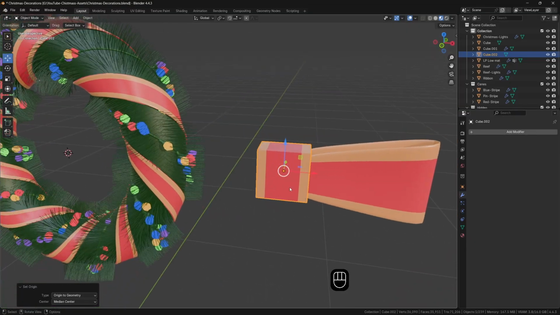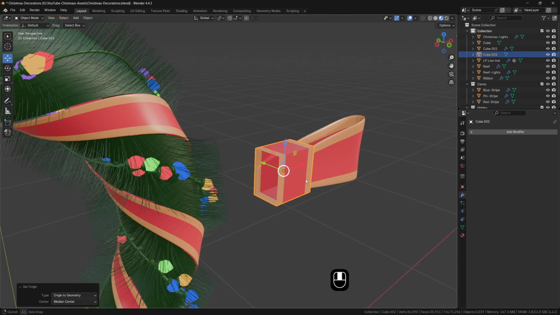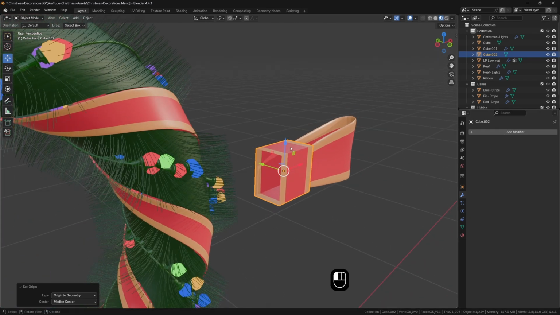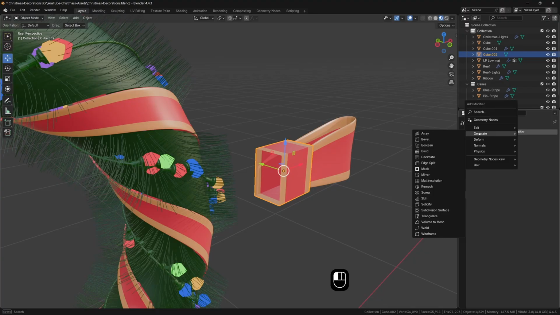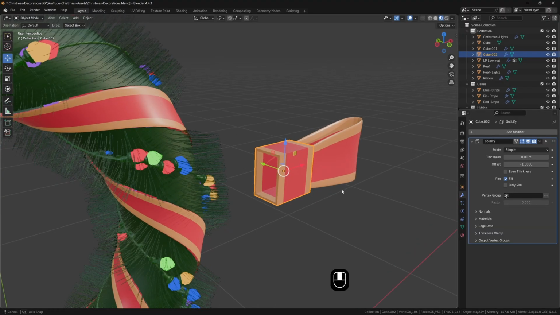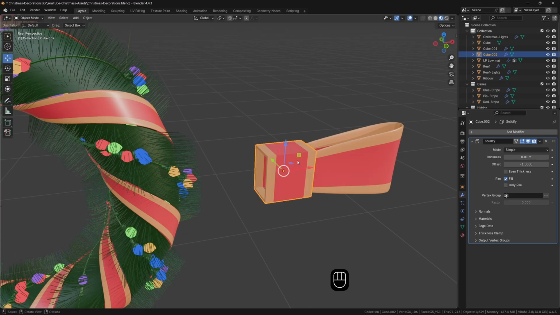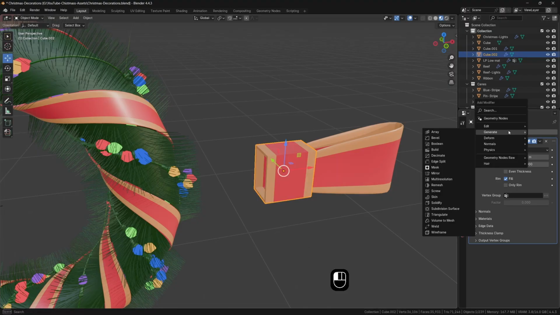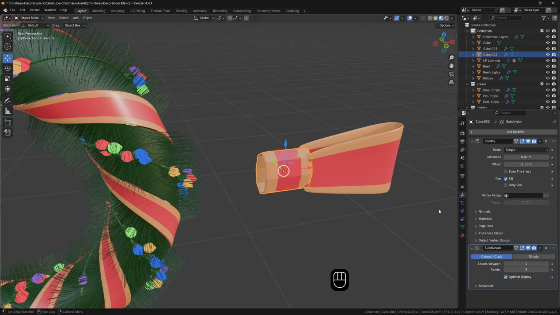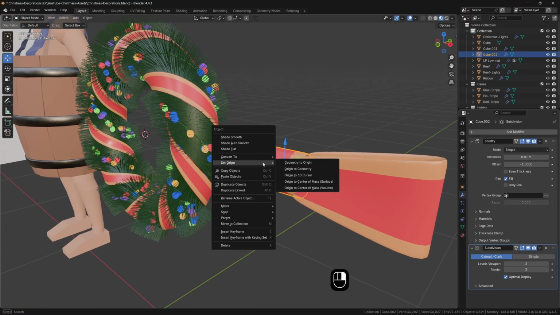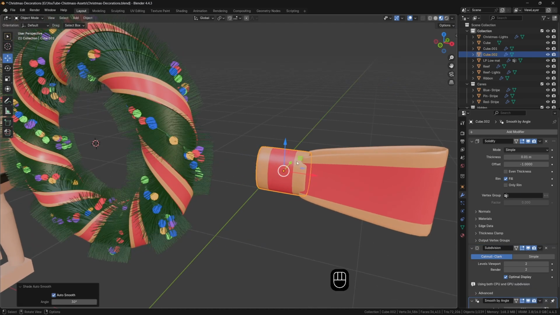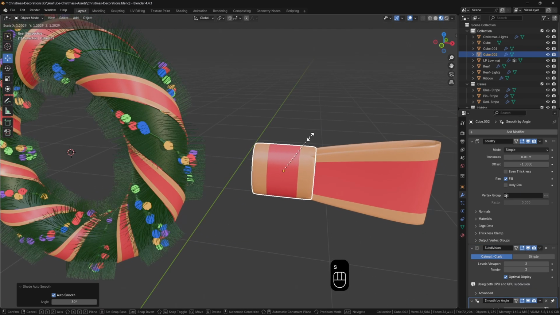Then we'll go ahead and add the solidify to that, add a modifier, generate, solidify, and then right click, and we're going to go to this one here again, add modifier, generate, subdivision surface, make that 2, right click, shade auto smooth, scale that up so it fits that bow a little bit better,